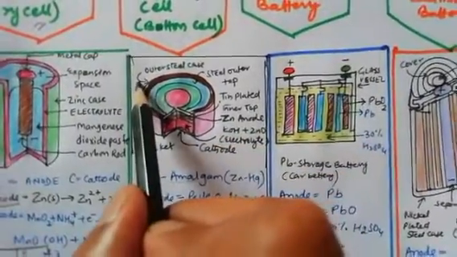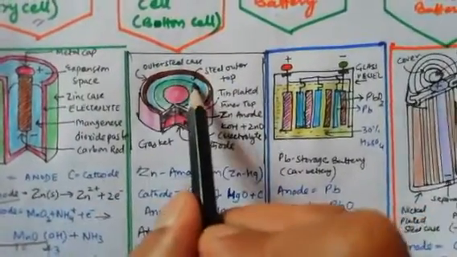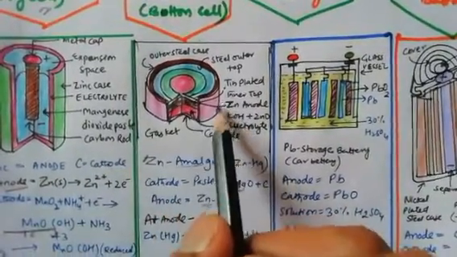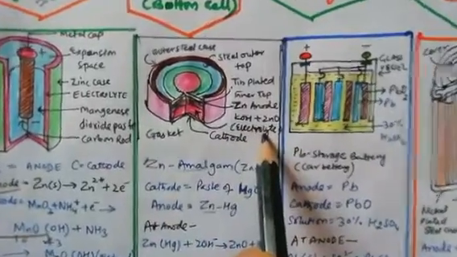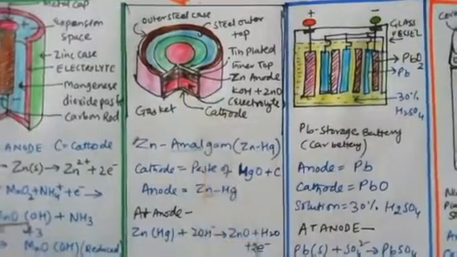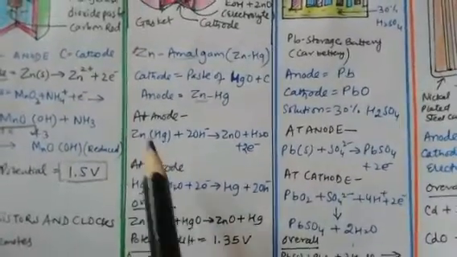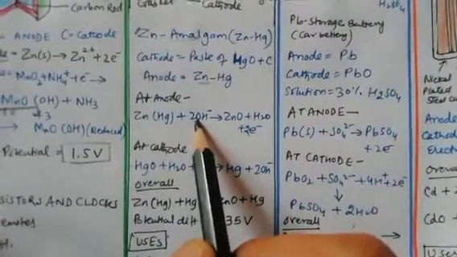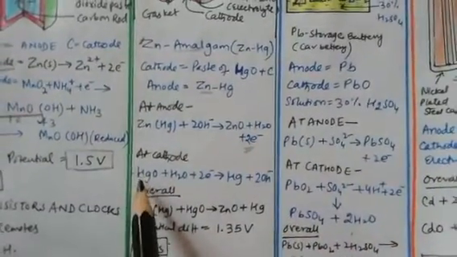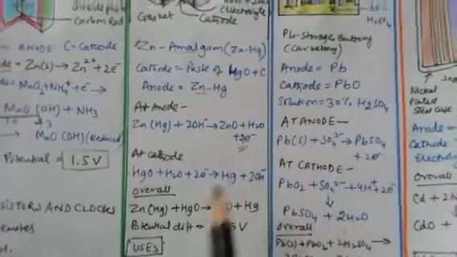Here the outermost steel case is there, similar to the zinc case in the dry cell. There is a steel outer cap at the top, and tin plating. Zinc is behaving like the anode, KOH and zinc oxide are the electrolyte, and this is the cathode. This is the general diagram, but you can see it in your book also. So what is the reaction at the anode? Zinc and hydroxide ions react and zinc loses 2 electrons. At the cathode, mercury oxide and water gain 2 electrons and form mercury and hydroxide ions. It is very simple.